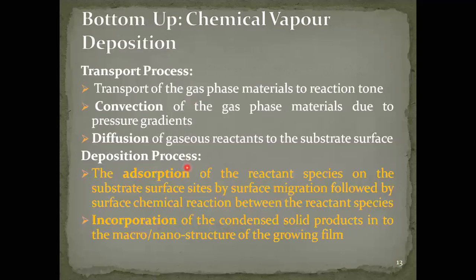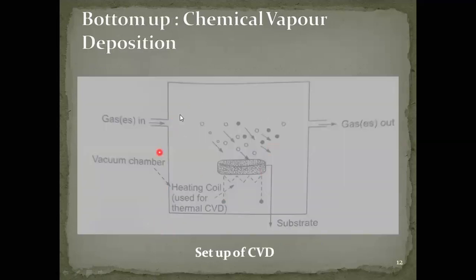Next, what happens is deposition. This is a very important step. Here we have to include adsorption and incorporation. So in the transport, we have to remember two words, convection and diffusion. In the deposition, we have to remember two words, adsorption and incorporation. Adsorption is when you send the gas molecules like this, all the gas molecules come and get adhered. It's not absorption. Adsorption means they are falling only on the topmost layer of the substrate, right? When they fall on the topmost layer of the substrate, they get reacted.